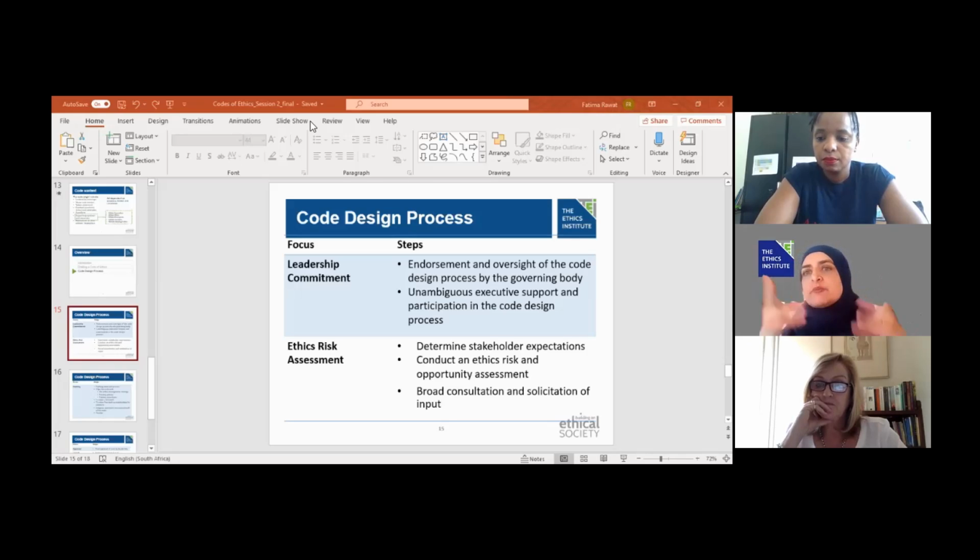Because we say it's about the tone at the top, but it also influences the mood in the middle and the groundswell at the bottom. So it is about getting that commitment first. We also talk about the need for an ethics champion to be designated, someone sitting at EXCO level who would play the role that Javita is talking about. Often you can't get the decision immediately, but you want to start opening the doors, creating the awareness, and making the ground fertile for the conversation to happen.